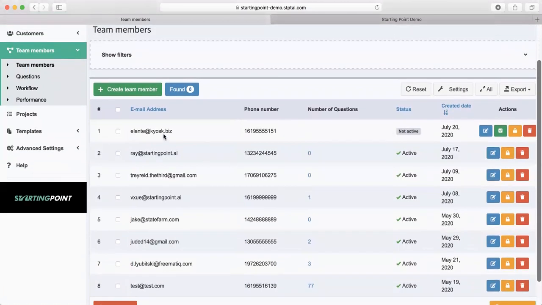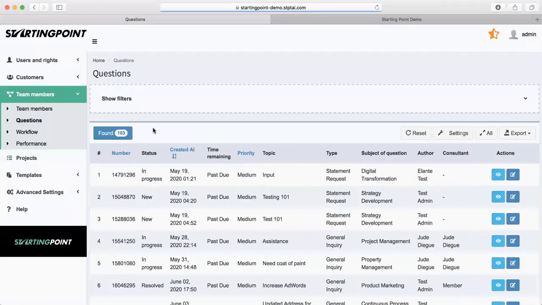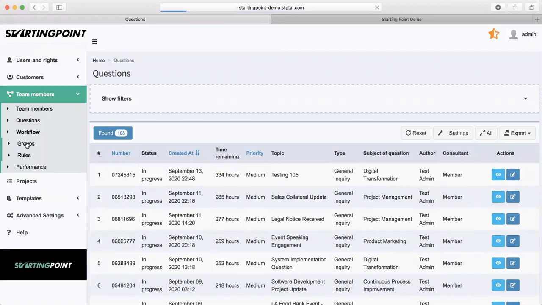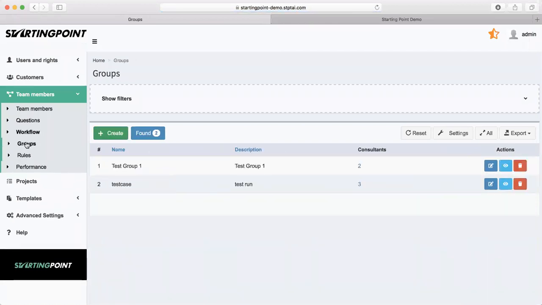So you're able to see the accounts and the number of questions that they are currently working in the service management module. Questions tab allows you to see all of the questions that have come in from your customers and clients through the portal. Workflow allows you to create groups of your team members and employees and allows you to say, hey,